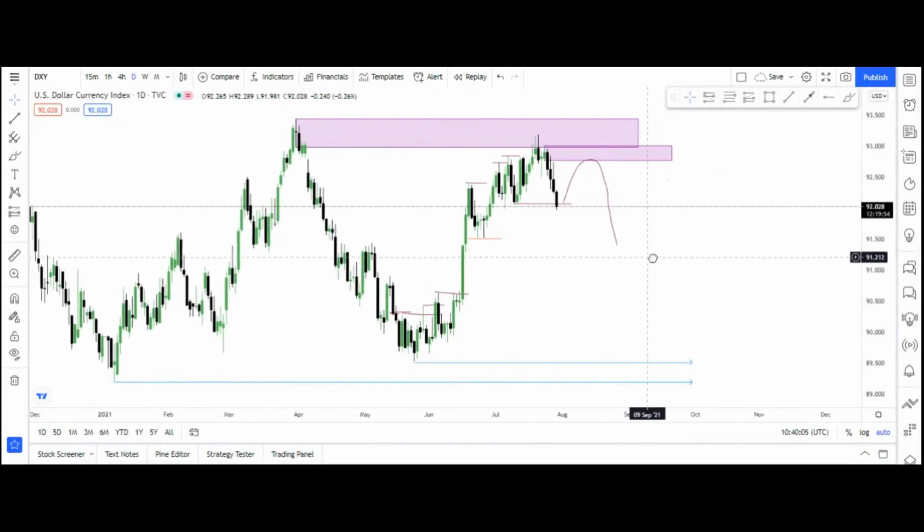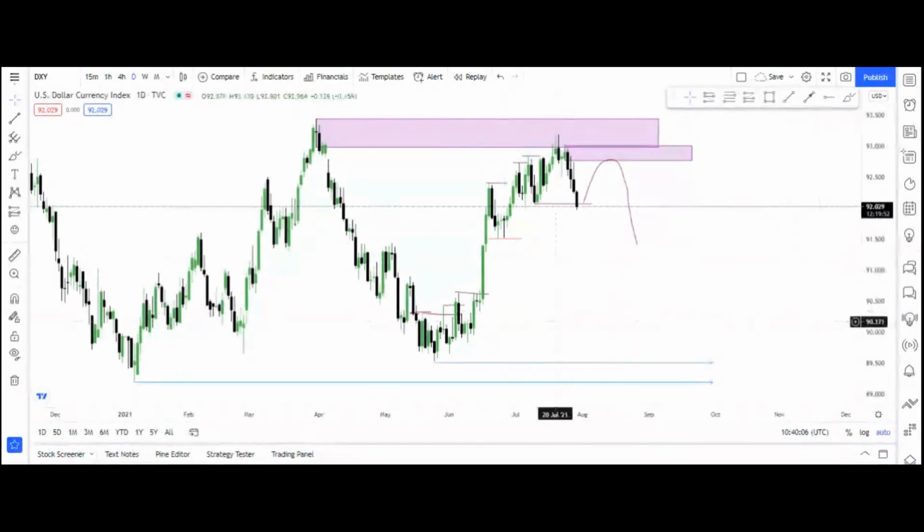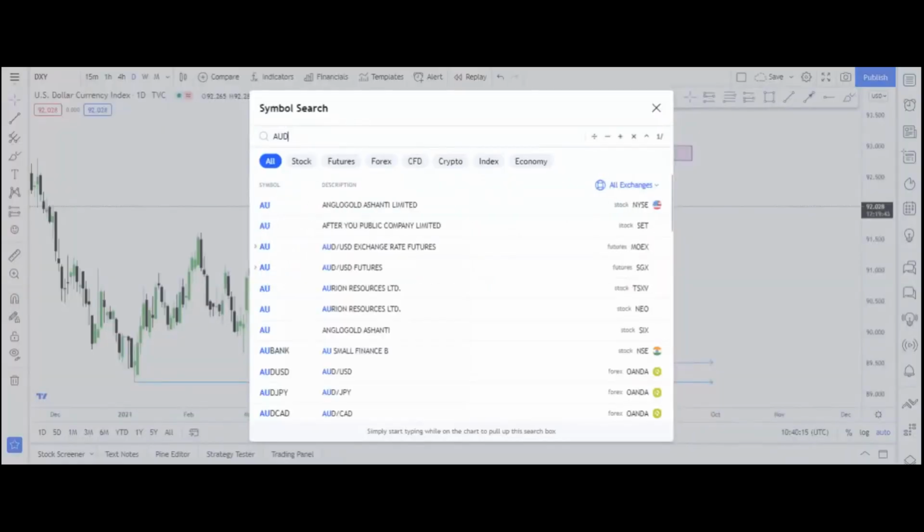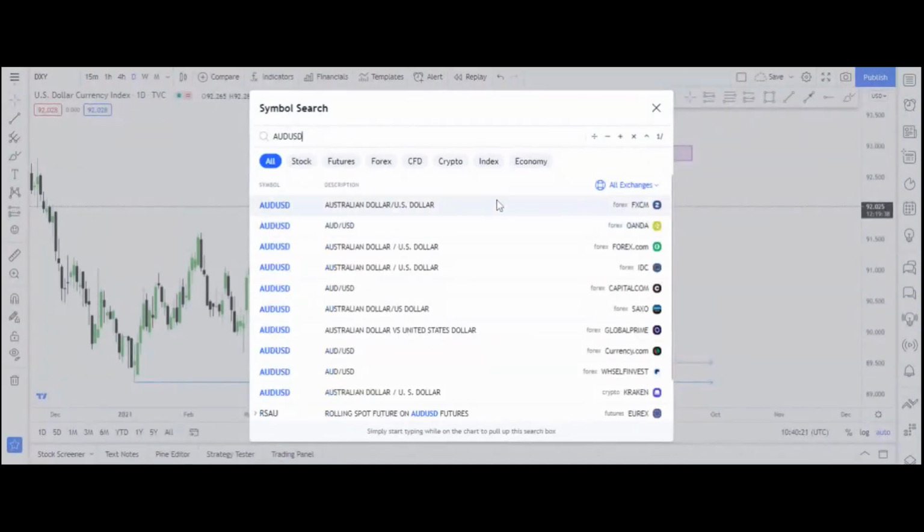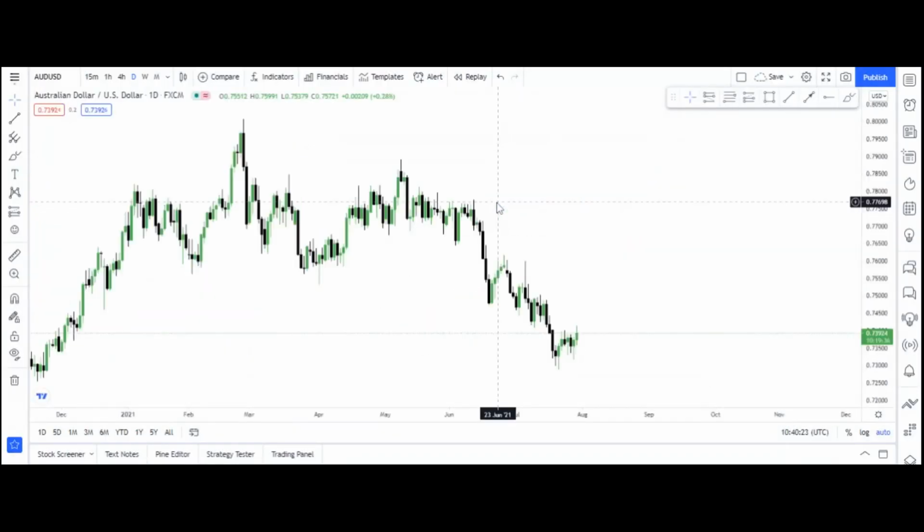Now that I understand that dollar will go up, I want to look at AUD USD. I don't want to bore anybody with long stories on AUD USD, so I'll just go to the 1 hour time frame. And I'll tell you what happened during FOMC yesterday. Everybody thought, yes, I was bullish on AUD USD yesterday. I got my stop loss hit. I'll be honest, I took a stop loss.